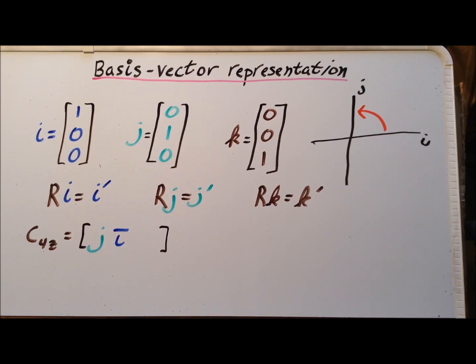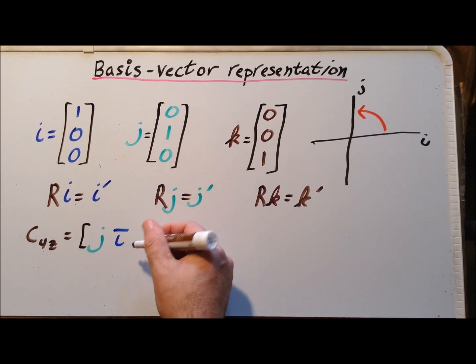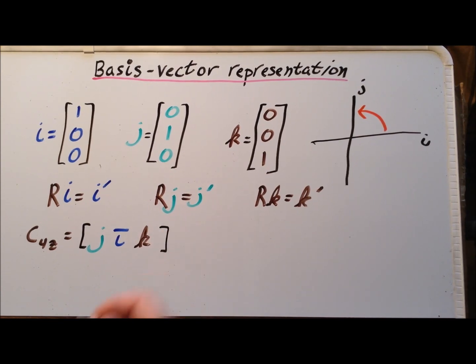And we refer to the minus i as i with a hat over top of it. That's the equivalent of minus i. And the k vector is not affected at all, so we just leave that as k. So this means that our representation for the C4z